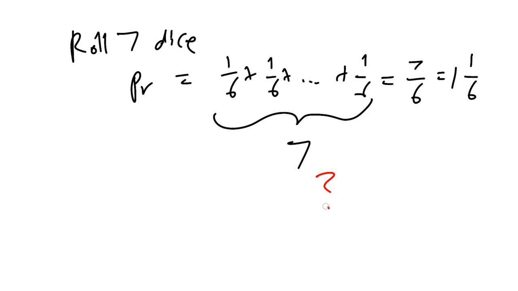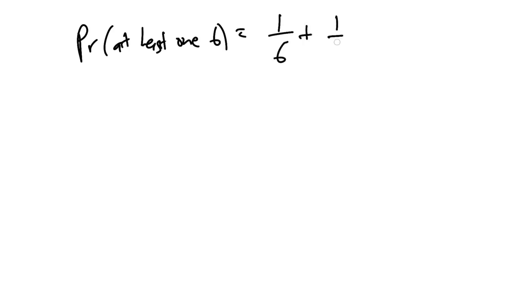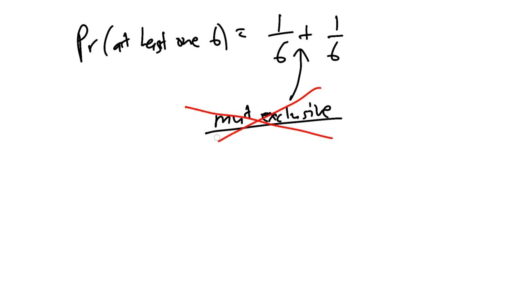And what you have to realize is that you have made a fallacy here. What you've done is you've said the probability of at least one 6 when you roll 2 dice is 1/6 plus 1/6. This is wrong because you assumed that those 2 events were mutually exclusive. And those 2 events are not mutually exclusive, because it's certainly possible to roll a 6 on the first die and also roll a 6 on the second die, right? That's certainly possible. And so what we'd have to do is subtract off the intersection, right?